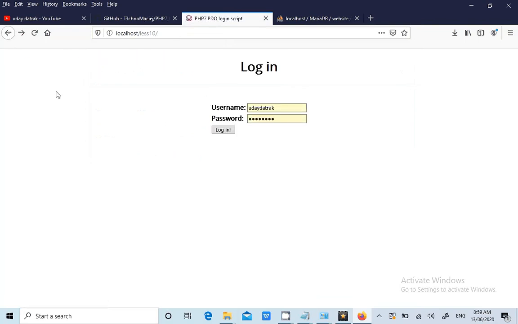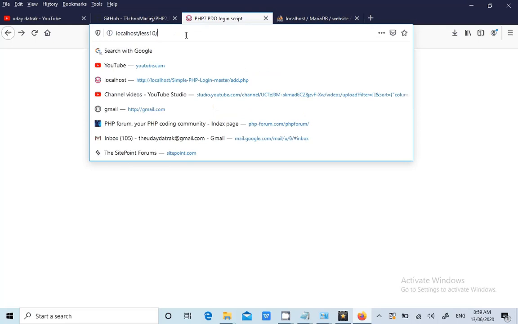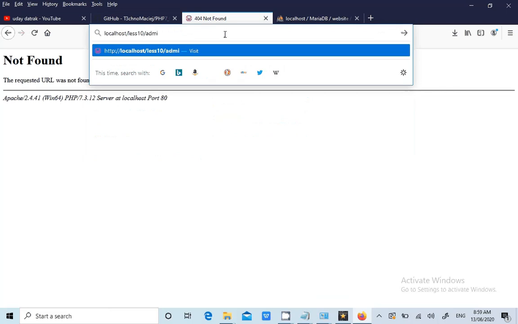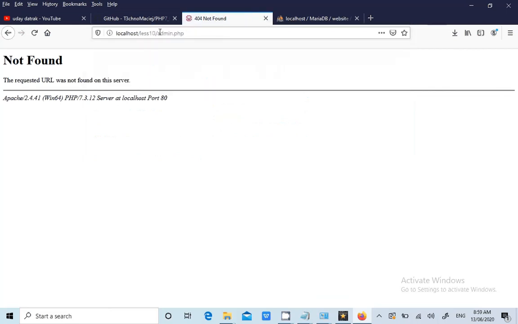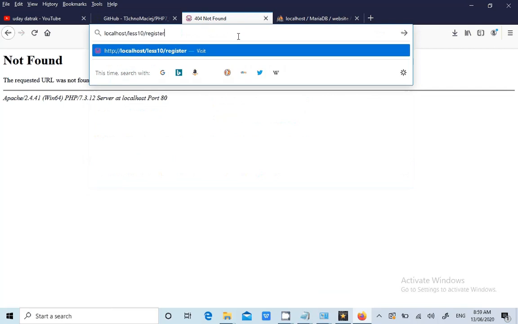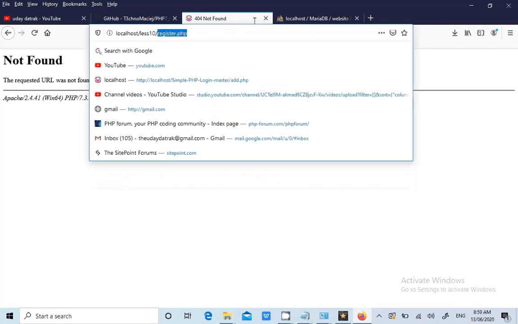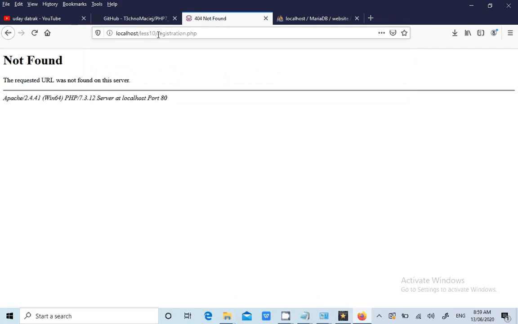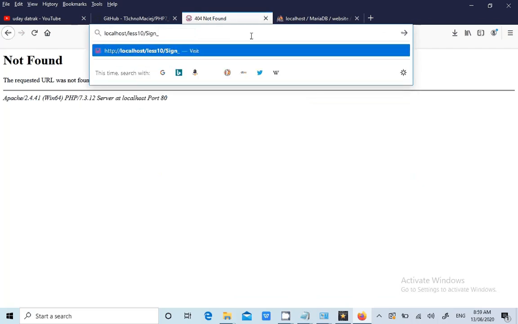Nice. The very important lesson we have learned here is that this application is not showing the registration page in the front end, but a hacker will try to guess: signup.php, admin.php, register.php, registration.php, sign_up.php.